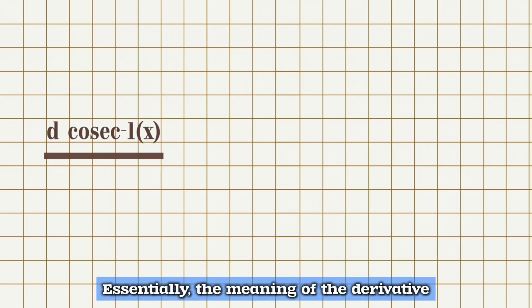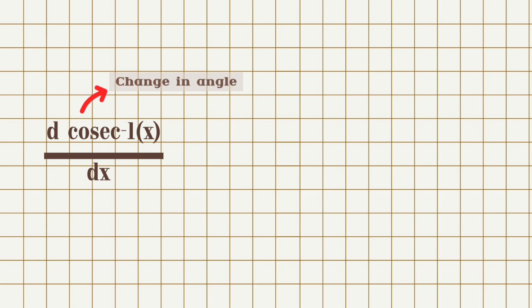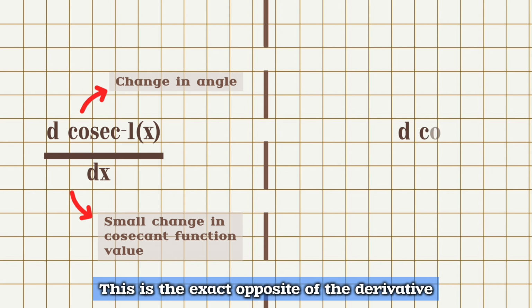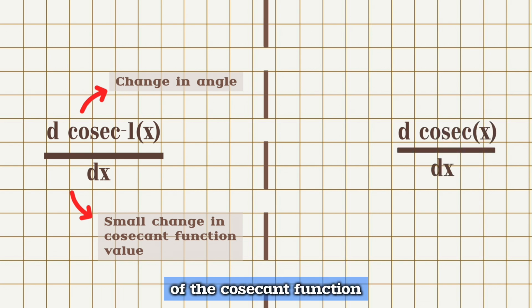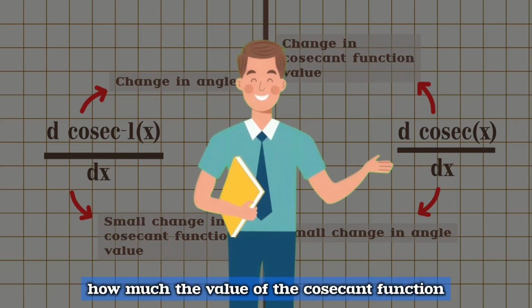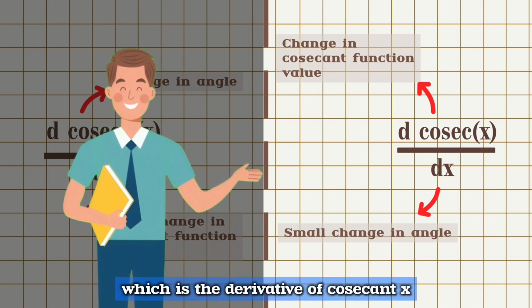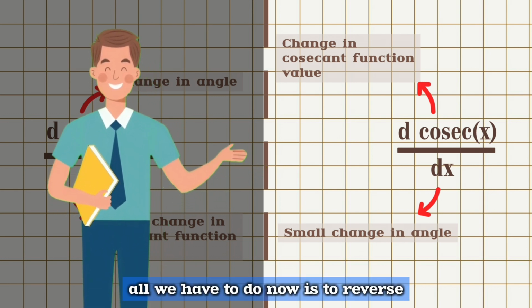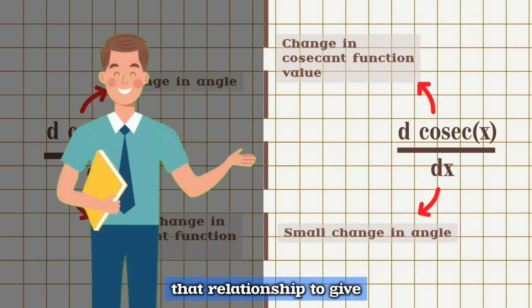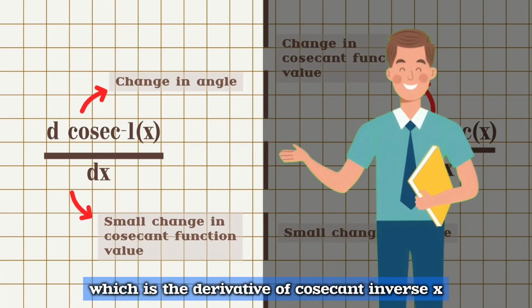Essentially, the meaning of the derivative of cosecant inverse x is just to find out how much the angle changes for a small change in the value of cosecant function. This is the exact opposite of the derivative of the cosecant function, where we need to find how much the value of the cosecant function changes for a small change in the angle. Since we already know how much the value of the cosecant function changes for a small change in the angle, which is the derivative of cosecant x, all we have to do now is to reverse that relationship to give how much the angle changes for a small change in the value of cosecant function, which is the derivative of